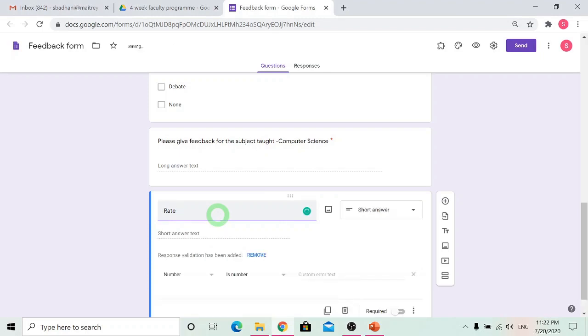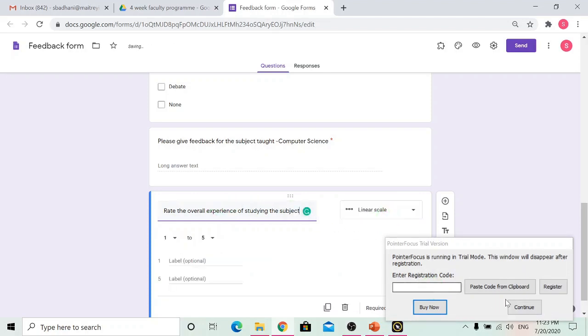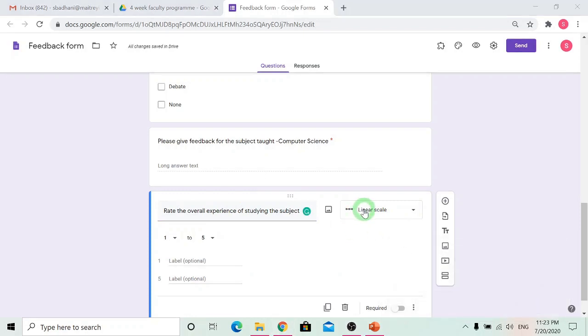So let the question be rate the overall experience of studying the subject. If you want that a certain level of rating is to be provided, just select linear scale option from here. So you can see here 1 to 5. These are the scales. I can change it. So if I want on a scale of 1 to 10, so I'll say 1 to 10.